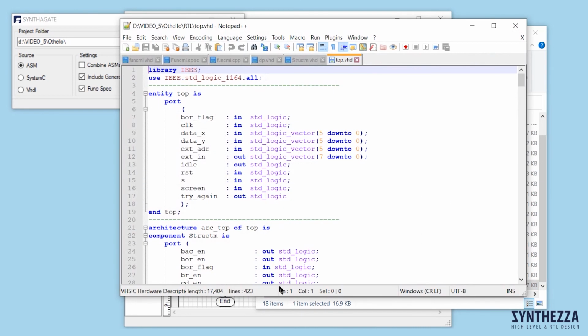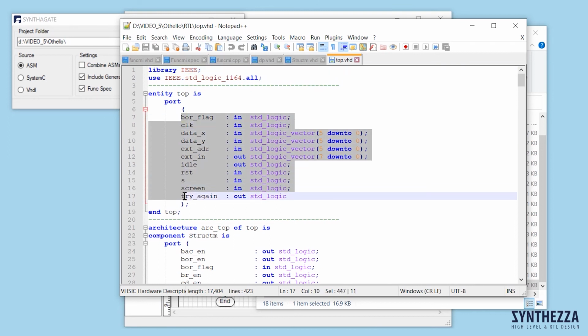At the last step of design, Syntagate creates the top level, file top.vhd, automatically combining two components, the control unit and the data path. The entity of this file contains inputs and outputs of the design systems.